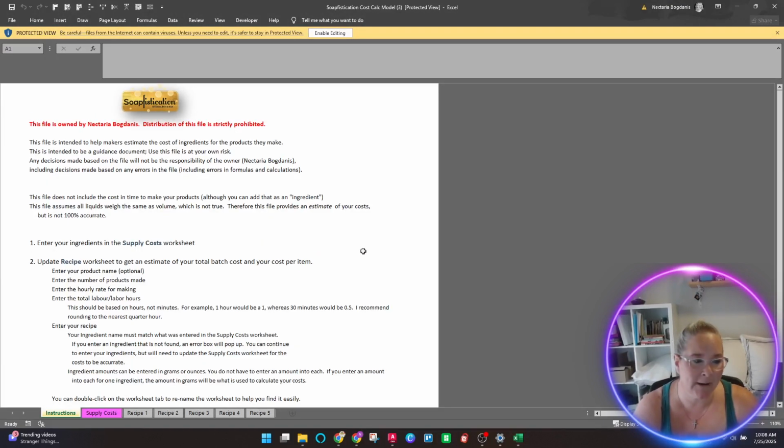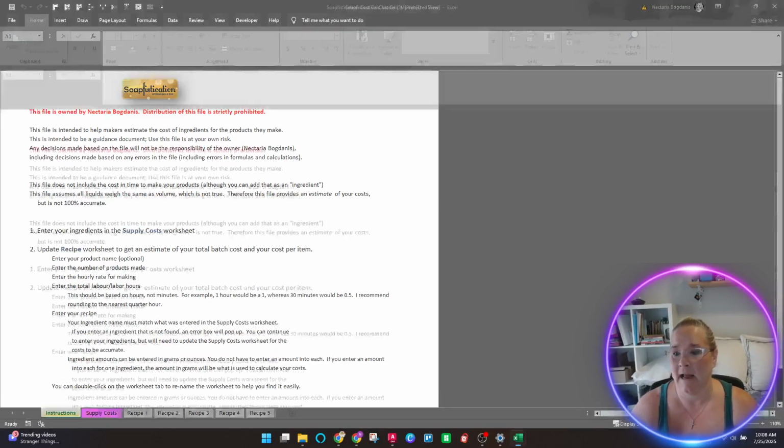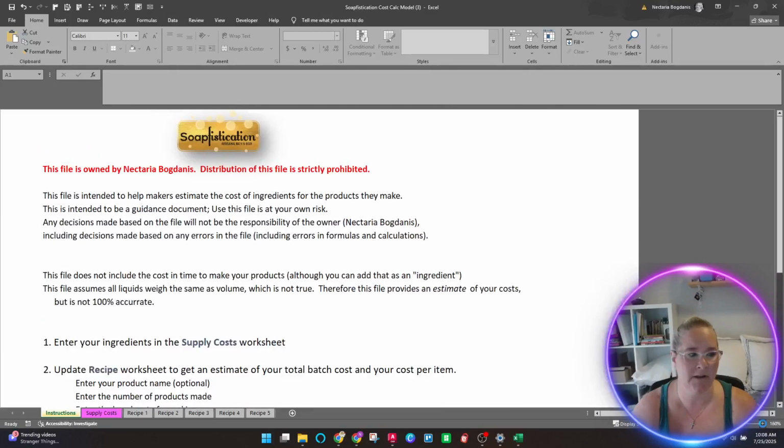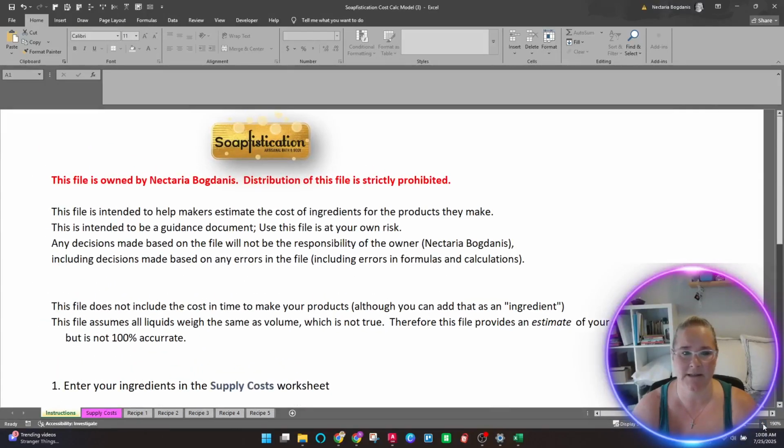The first time that you open this, you may see this bar that says careful. Basically, somebody could have sent you a virus, so make sure you want to use this file. So make sure you trust me. I know you don't know me, but I think you have to click enable editing to be able to use this. So I'm going to click that. I'm also going to zoom this in so that on this video, hopefully it's a little easier to see.